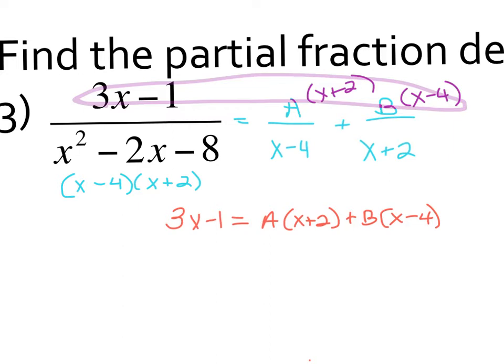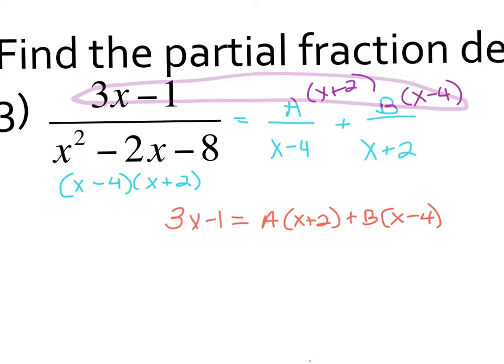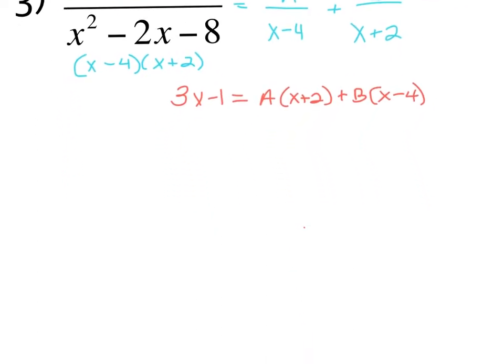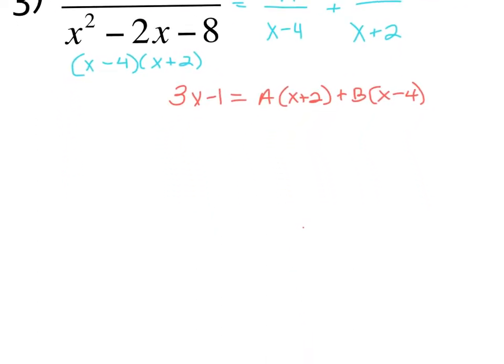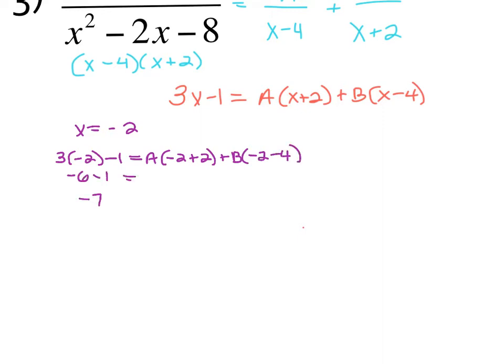Everybody with me so far? Yep. Now what's my next step? Good. So I'm going to plug in a value for x that cancels out each one individually. So if I want to cancel out the A, I could say that x equals negative 2. And then everywhere there's an x, I plug in negative 2. So 3 times negative 2 minus 1 equals A times negative 2 plus 2, plus B times negative 2 minus 4. Negative 6 minus 1, which is negative 7, equals